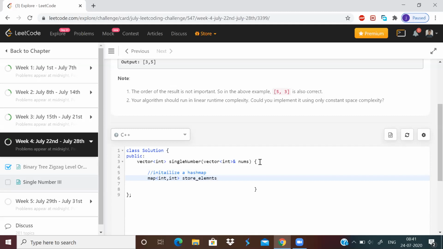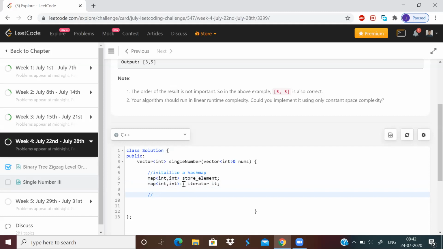Take this as the map name, elements. We also need one iterator to iterate in this map, so I'll use this iterator, it, right?